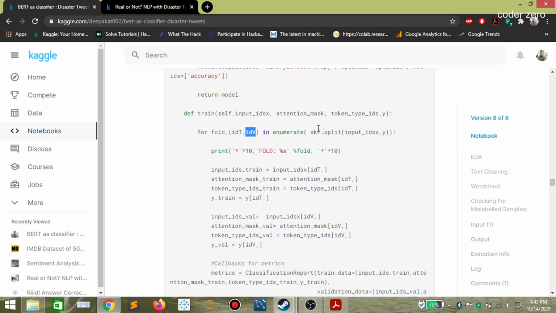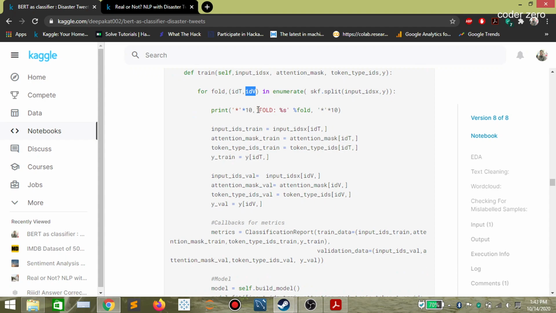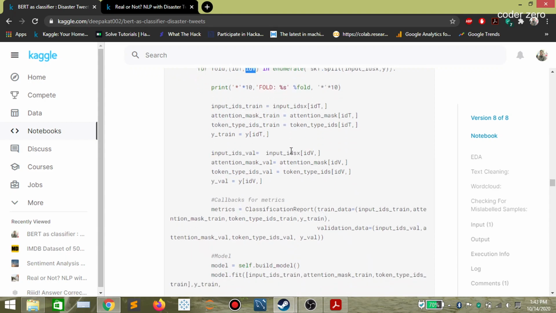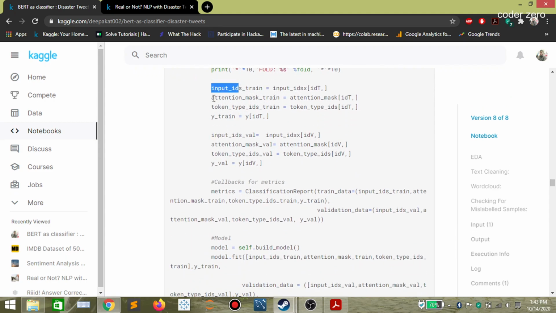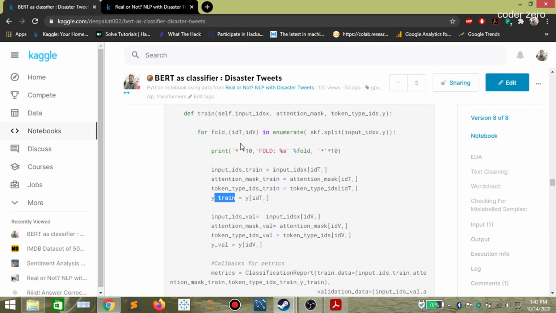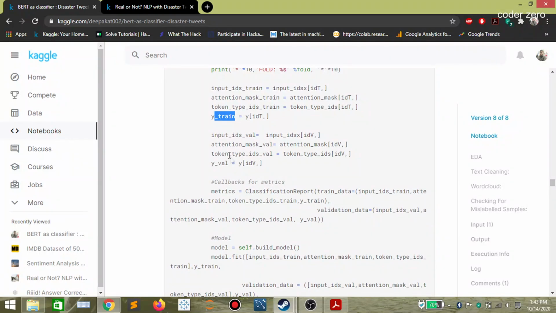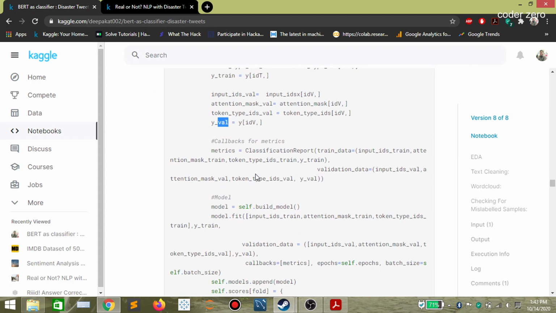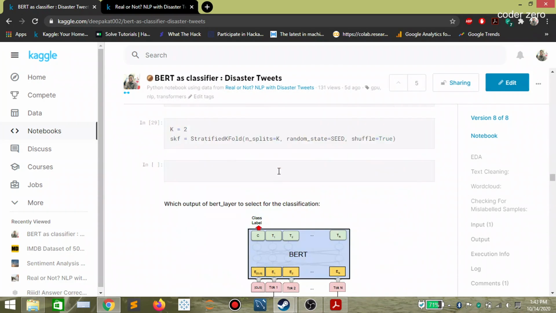We are just printing the split name. We are getting input IDs, attention mask, token type IDs, and y train for the split. Then we are getting input IDs, attention mask, token type IDs, and y validation for validation.